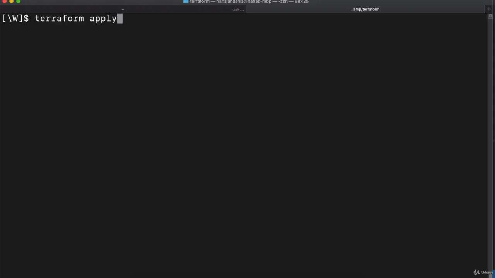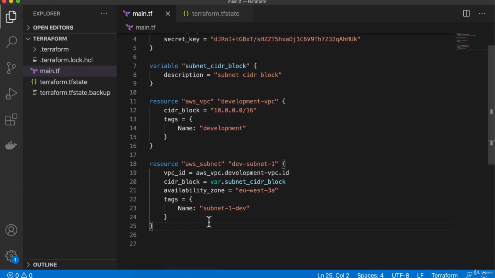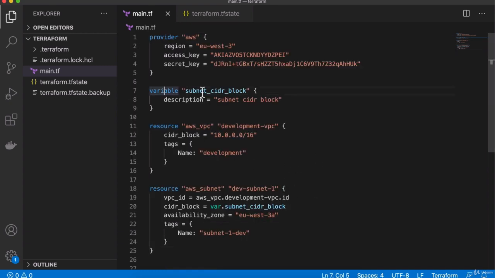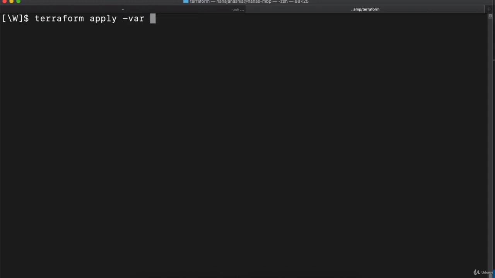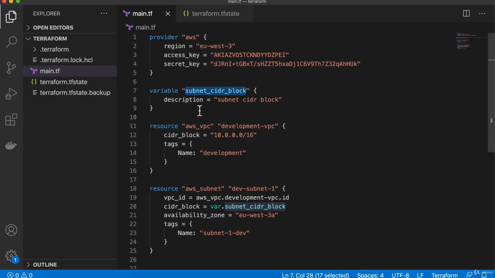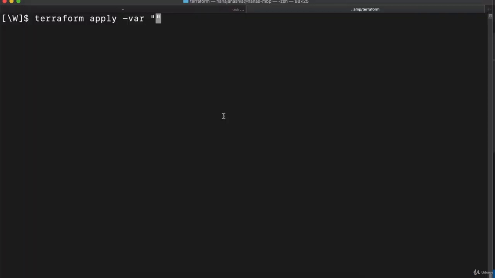So if we do Terraform apply, and we're leaving the configuration as is because the variable is still not assigned, we can actually assign it again with Terraform apply -var, and as an argument we can pass in the name of the variable, which is this name right here, and the value, which let's set it to something different. Let's do 30, and now if I execute this,